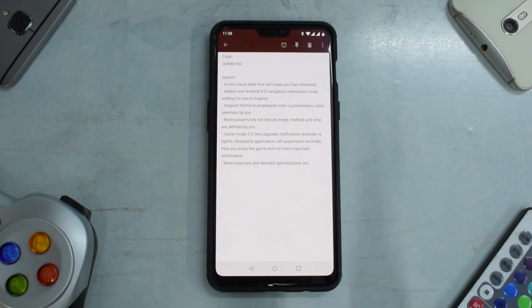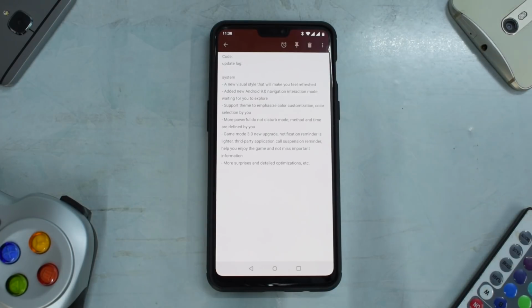Hey guys, welcome to another video. So finally Android Pie has been released for the OnePlus 6. For now it is in the form of Hydrogen OS, which is exclusive to China, but while we wait for Oxygen OS, why not go ahead and install it and give it a try, and see what to expect. So this is going to be an install and preview as I mentioned in the intro. First we will have a look at the changelog, then the install process, and then the first impressions and